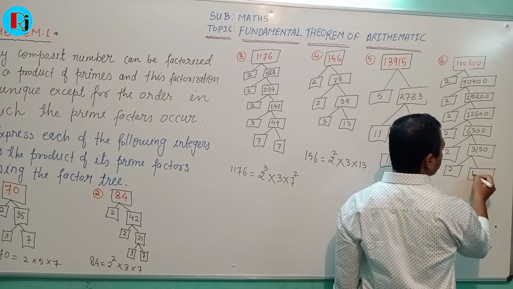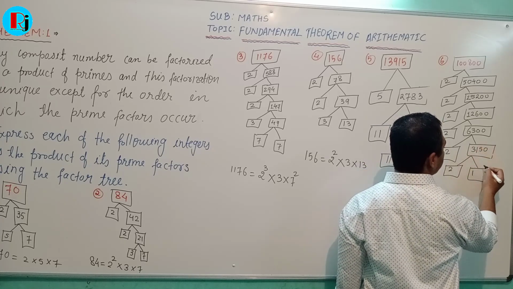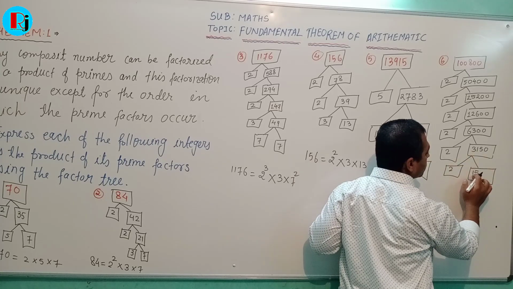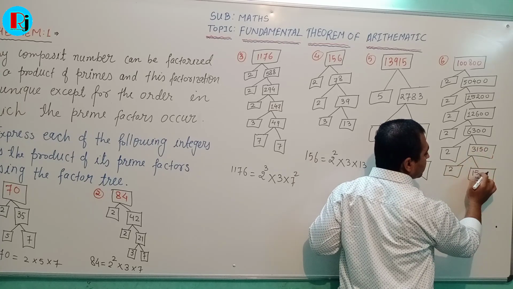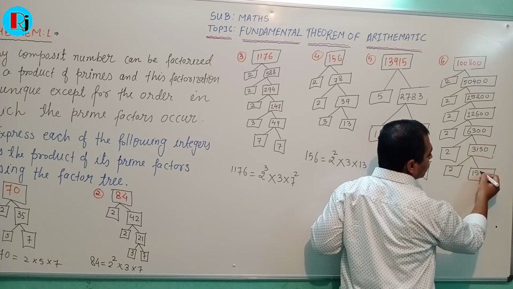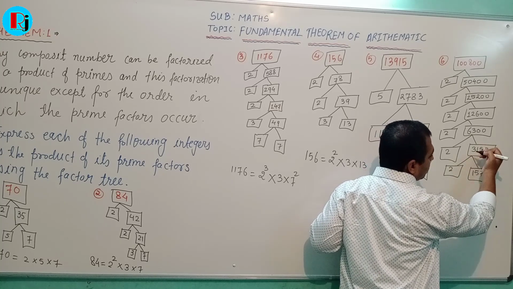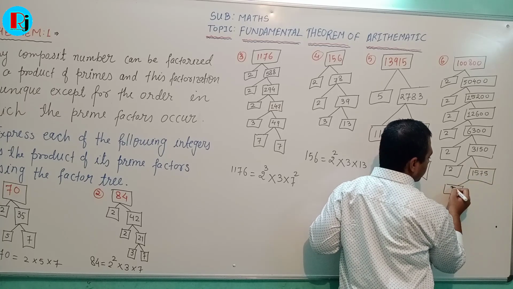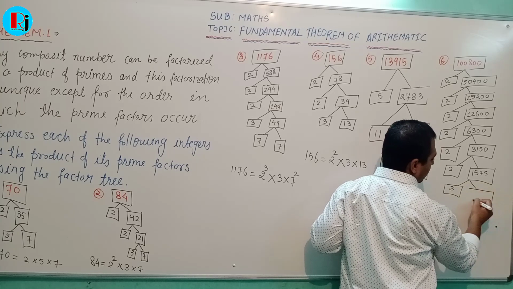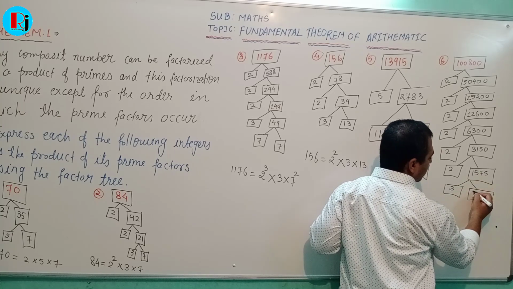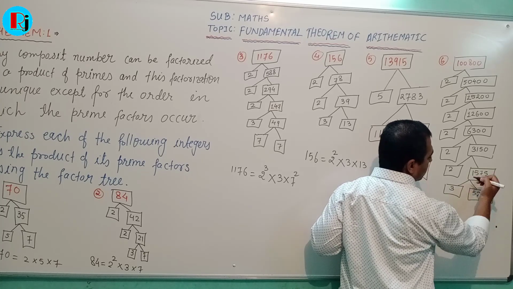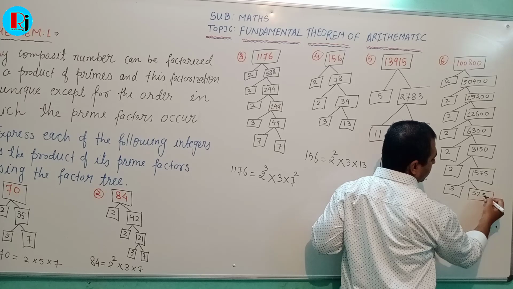2 1s are 2, 11 is there, so 5s are. Okay students, so dividing by 2, 2 1s are 2, 11 will be there, 2 5s are 10, 15 will be there, 2 7s are 14, 10 will be there, so 5s are. Again students, divide this number by 3, 3 5s are 15 and 3 2s are 6 and 3 5s are 15 once again.